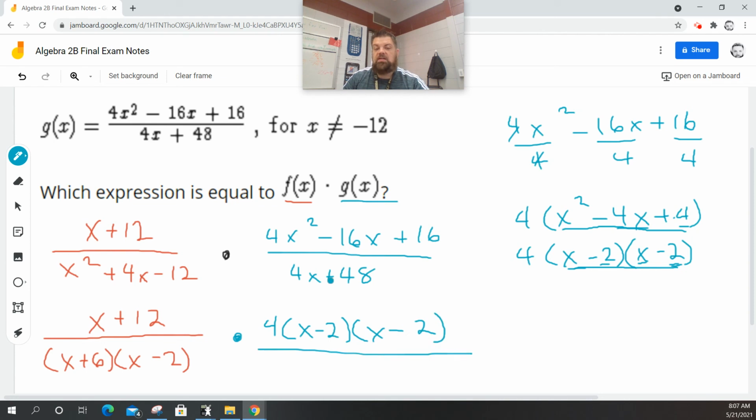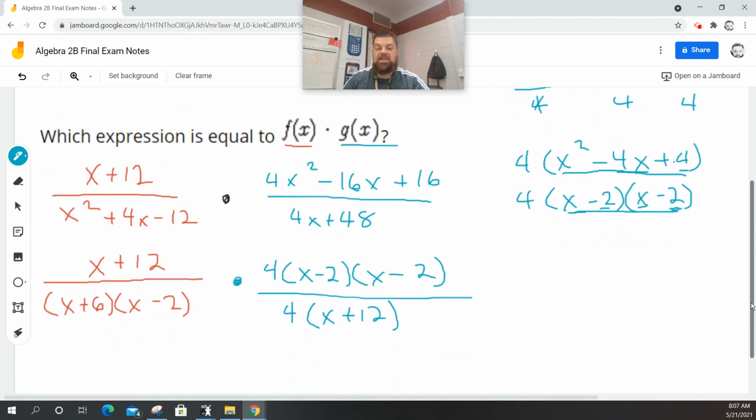Now, here, I think I can factor out another 4, and that should be x plus 12. So if you notice, we can do some cross-canceling. These problems are always rigged up this way. In other words, 4 divided by 4 reduces down to 1. X plus 12 divided by x plus 12 reduces down to 1. I could take one of my x minus 2's here and divide it by an x minus 2 here, and